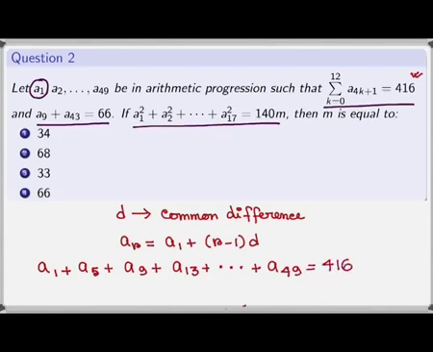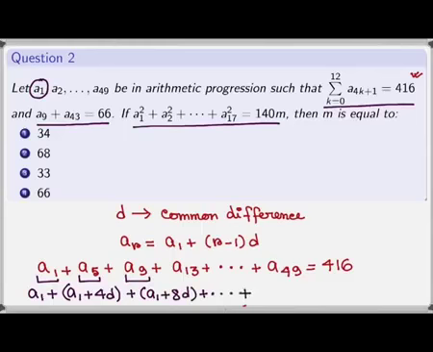Now we keep a1 as it is, then we write a5 as a1 plus 4d, a9 as a1 plus 8d, and so on and so forth. The last one is